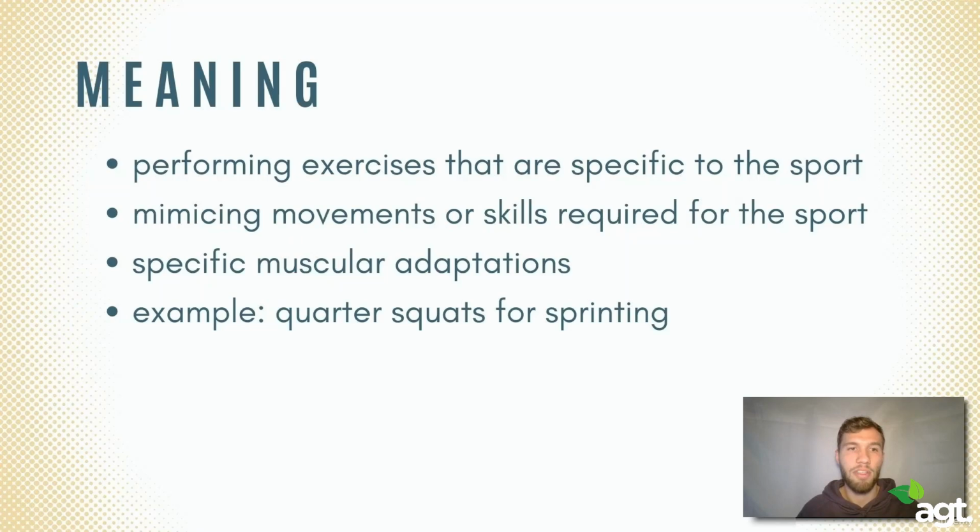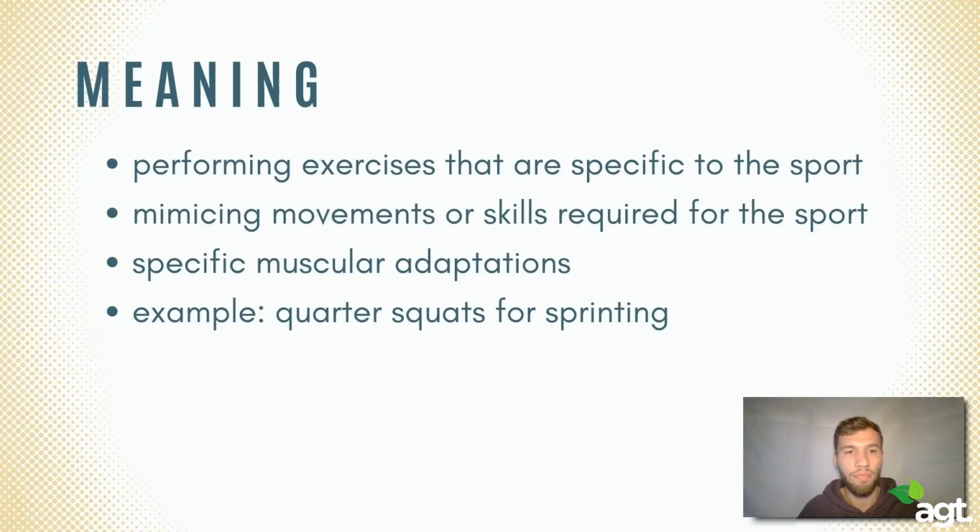That's why the concept of specificity is about mimicking the movements or the skills that are required for the sport. The best way of mimicking the sport, of course, is performing the sport itself. But if we want to increase at something in particular, at some specific skill, we should try to design it as close as possible to the sport and perform the skill in a way that it really mimics the movement in the sport itself. Our goal is basically to get specific muscular adaptations for the exact movement that we need